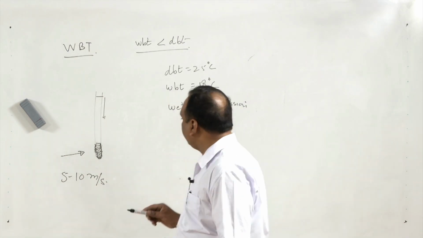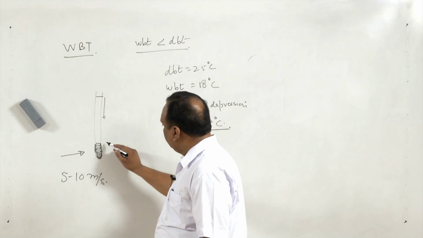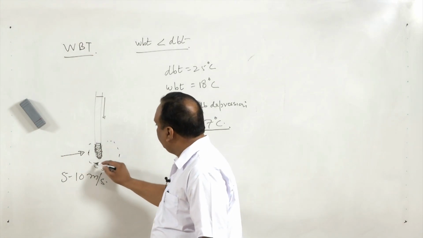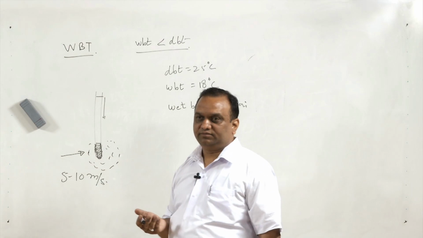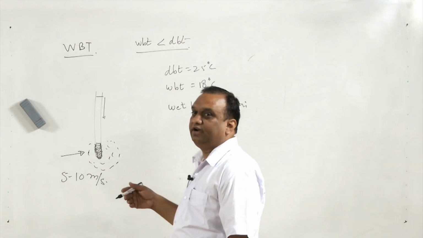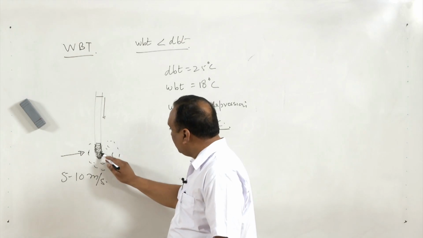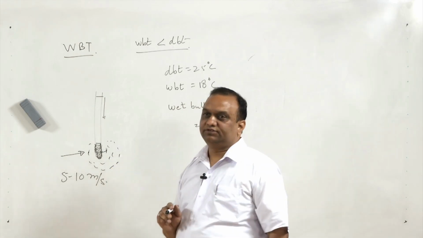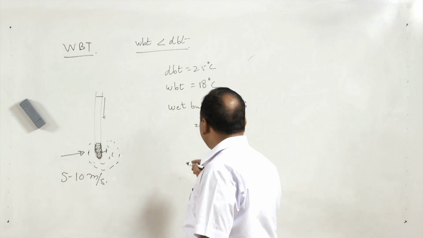No evaporation from the surface means the air surrounding this bulb is already saturated with water. If the air is already saturated with water, or 100% saturation, there will not be any evaporation from the surface of the bulb. It means the humidity is 100%,